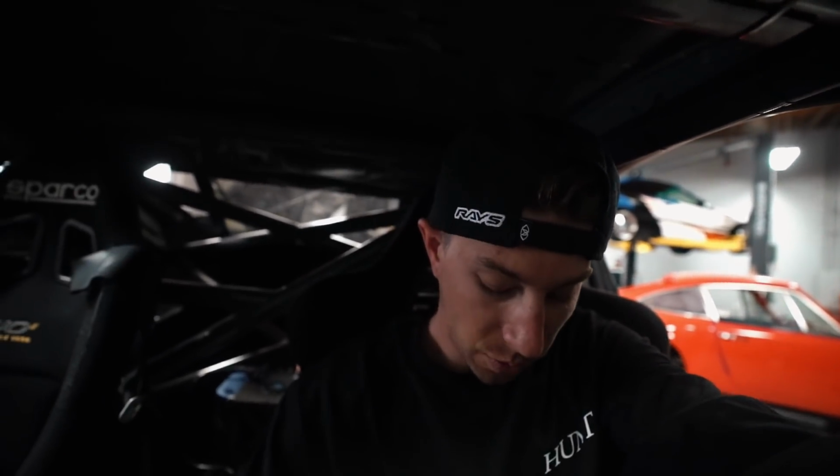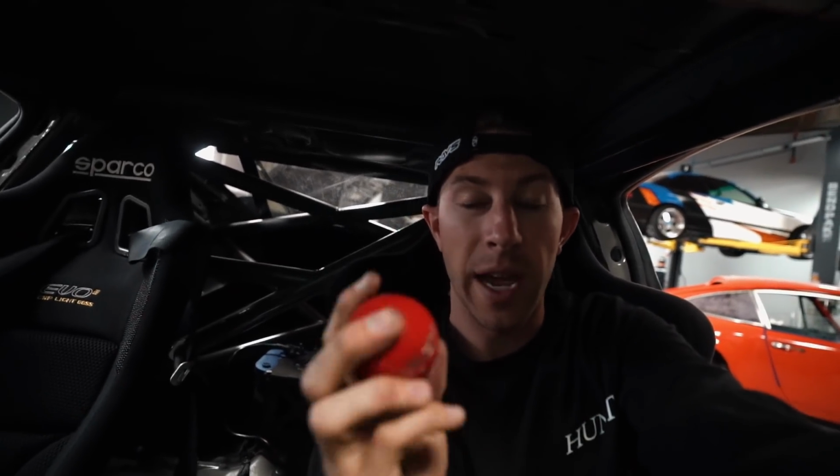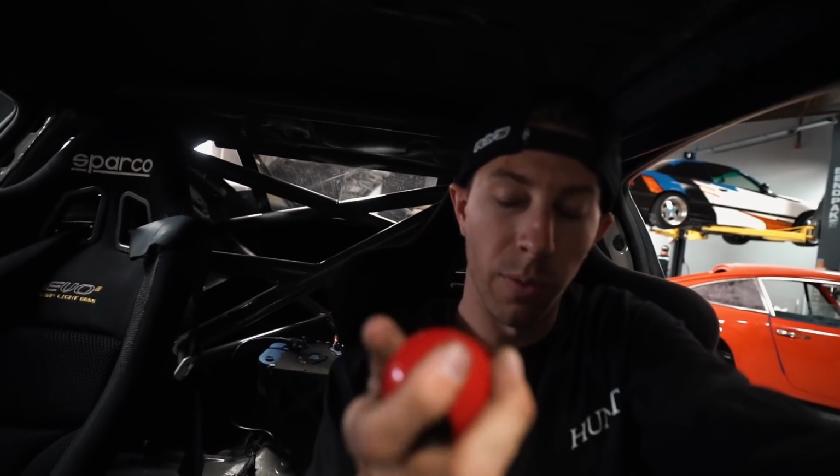And we had a problem with the version 1 shift knobs where, depending on what climates you were in, the etching on the ball would have some rust develop over time, which you could fix yourself if you just cleaned it out with some steel wool and then shot it with some clear. But these ones, we did a second coat of clear on top of them, so you will have no rusting issues, and we have a newer logo on there, which is a little bit more appropriate